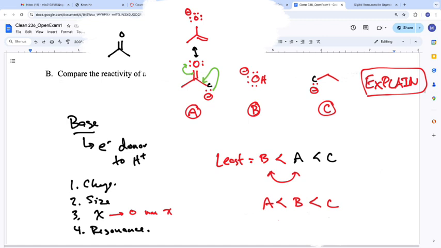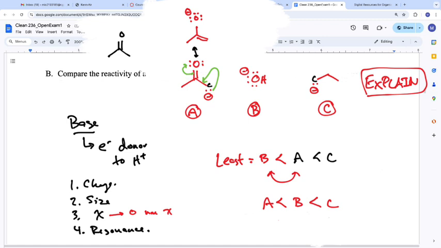For the sake of this question, what I would be looking for is the explanations behind all of these. Okay? And I'd want to see that clear explanation. If we look at what I've got up here, I've got a lot of structures, right? Do you see all of those structures up on the boards? More or less. I mean, this one at least drew the resonance. Did you draw resonance over here? No. That's going to be hard for me to be able to interpret and give you credit for it.